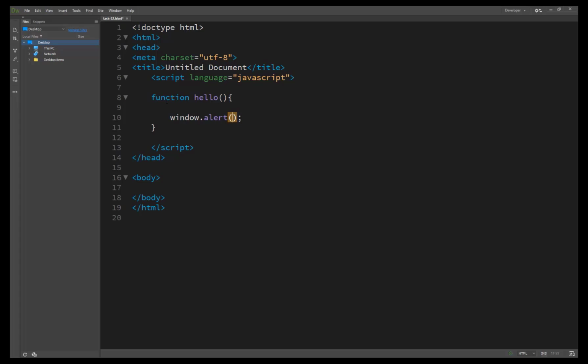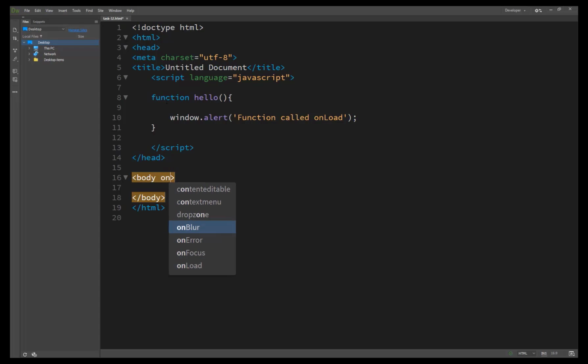So here we call the function on the body, onload. Inside the body we have created an onload.